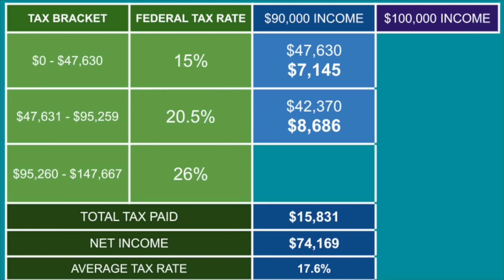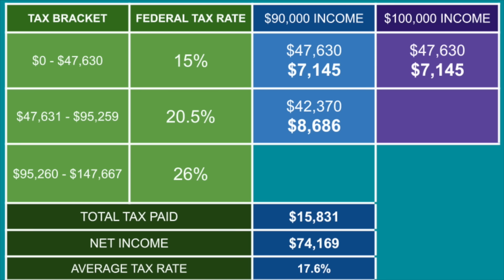Let's say we earn an extra $10,000, and so our income is now $100,000. As before, we start by completely filling up the first tax bracket. So we pay the same $7,145 in taxes for our first $47,000 of income. But now, we completely fill up the second tax bracket as well. This tax bracket is filled with